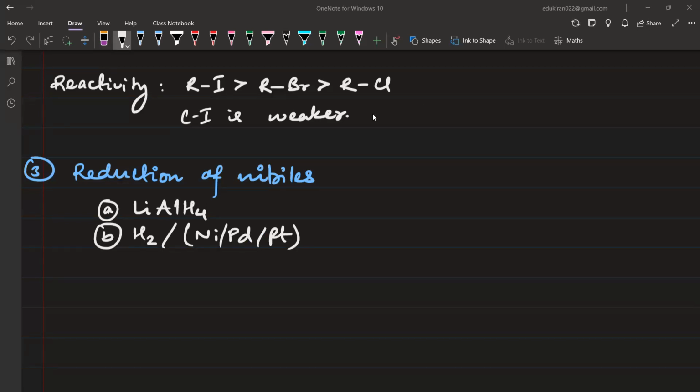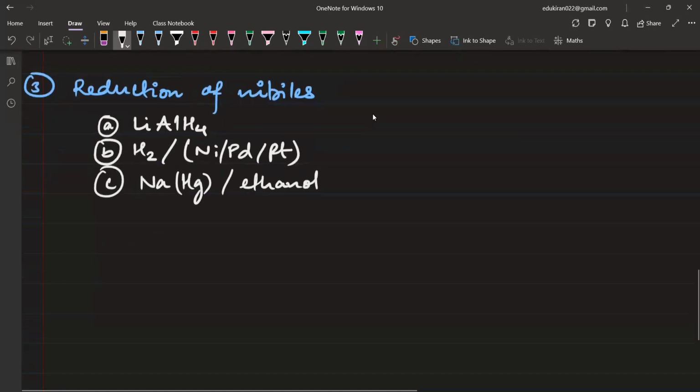Third, you have sodium amalgam in the presence of ethanol. These are the reducing agents which we can use. This is quite important because it can be used in conversions. Okay, see here we have R